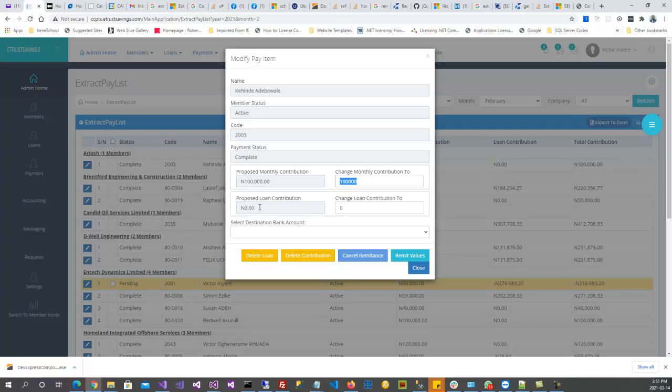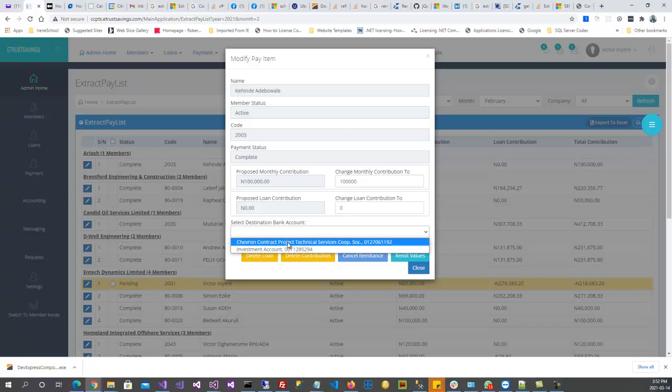Then you also have proposed loan. You can put whatever you want there, anything you want. Then we have 4 options. You can delete the loan only and set it as remitted. So remitted means if you said delete loan, that means it's going to set the loan to 0 and cancel all the posting at the back end and retain the contribution and set it as defrayed for that month,